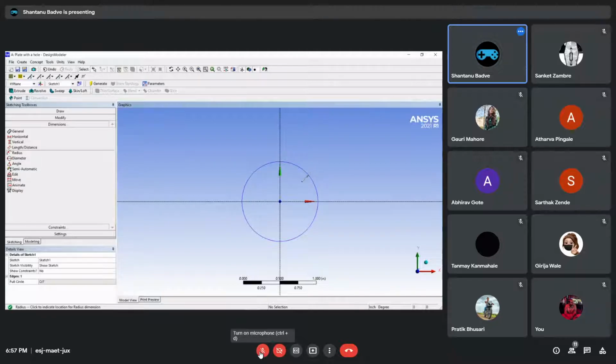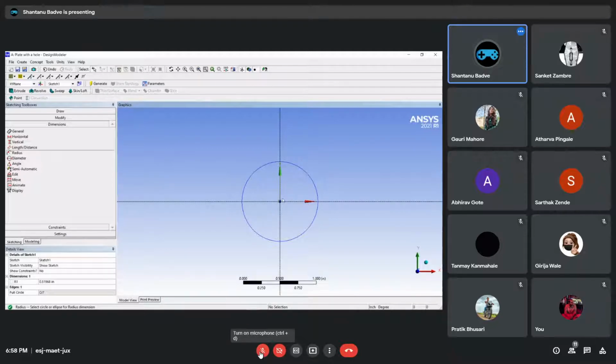Just click once and then I will start dragging inside. I will try my best to get this brown colored line in here parallel to at least one of these axes. I just have to do that because otherwise I will get a lot of constraint errors, which I will explain to you later why they happen. You can see, yes, it is now parallel with the y-axis. I will just click and it will just happen.